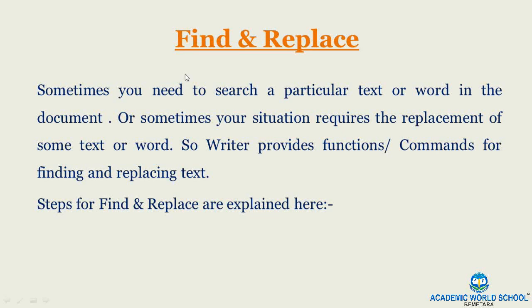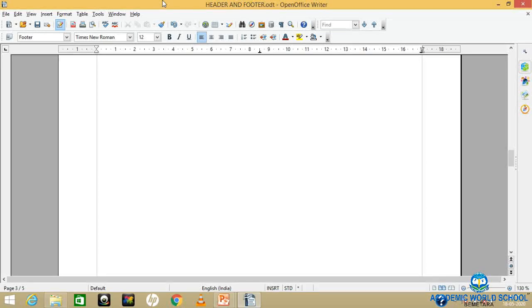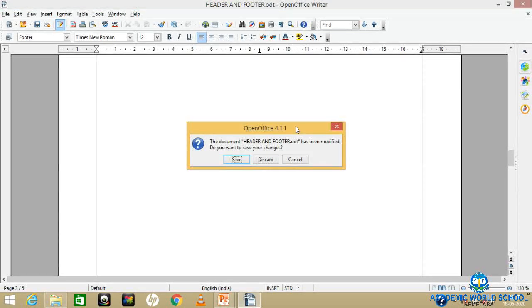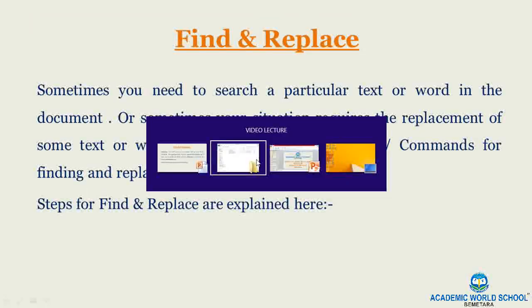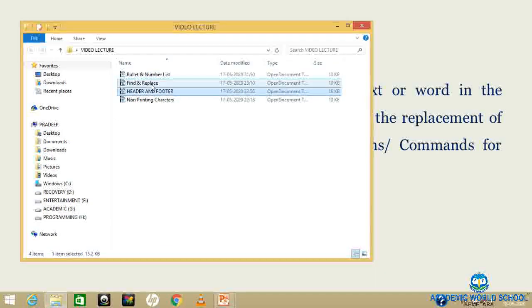Now see, I have written here my school name is Academic Worlds School. Now see, I have written here by mistake worlds, and this worlds has been used many times. However many times Academic World School is written, that many times this word has come.